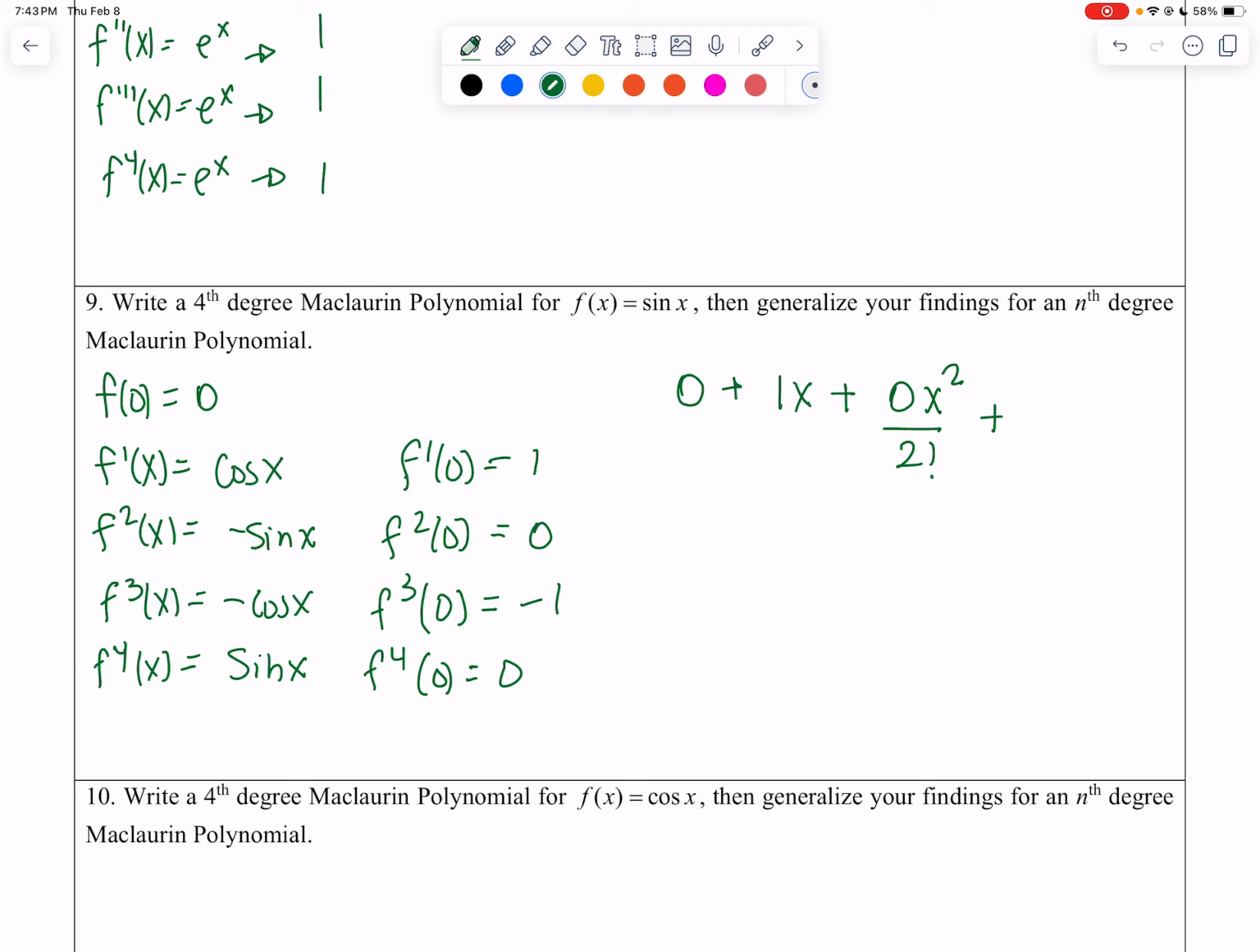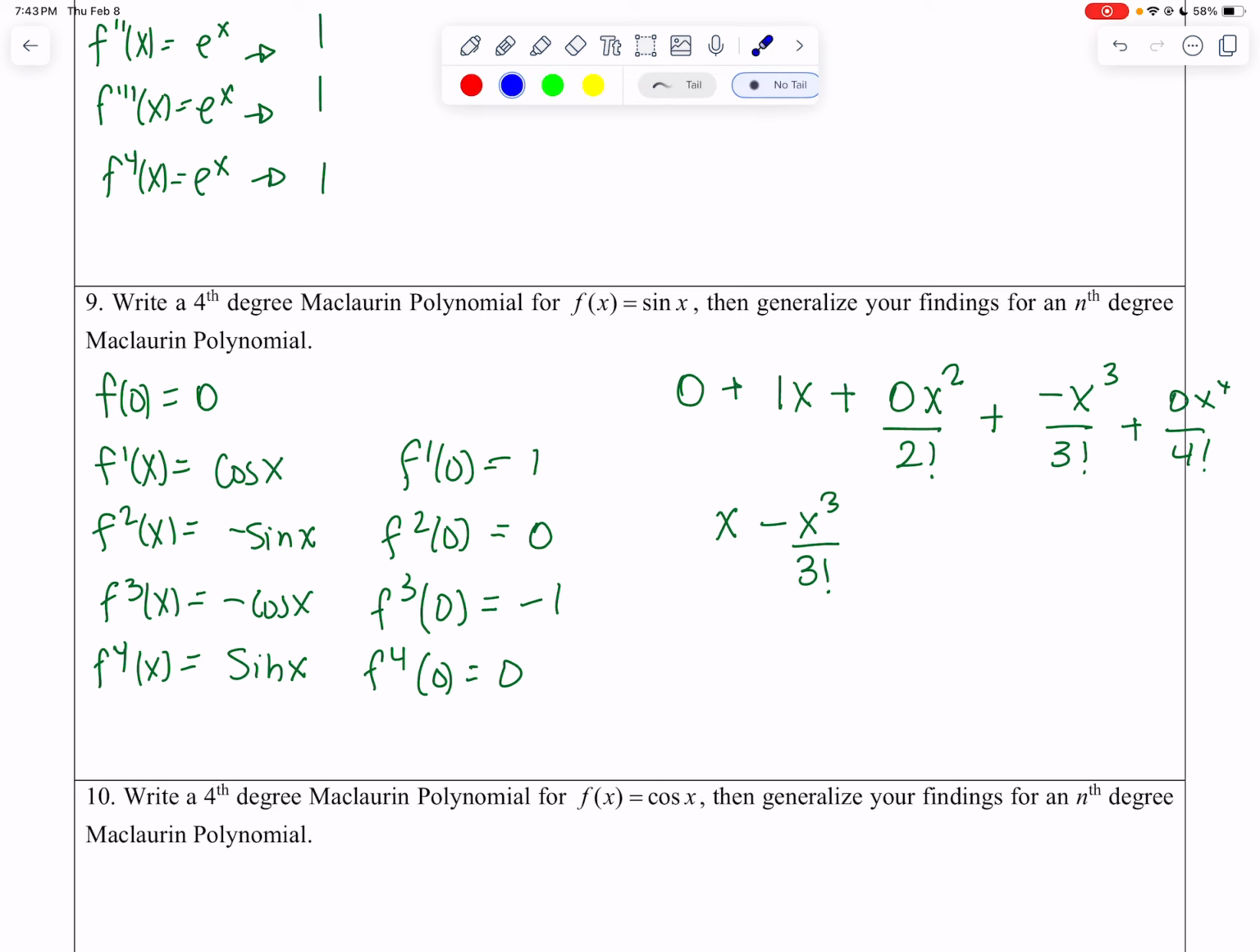Plus negative x to the third over 3 factorial plus 0 x to the 4th over 4 factorial. And if I were to simplify that, I'm just going to get x minus x to the third over 3 factorial. Now, you might not see a pattern just yet, but let's continue with the 5th derivative and the 6th derivative